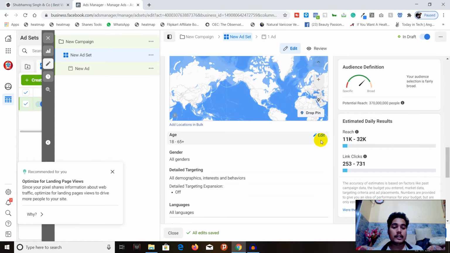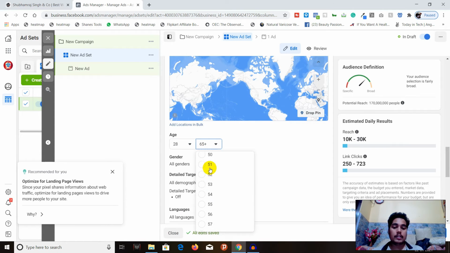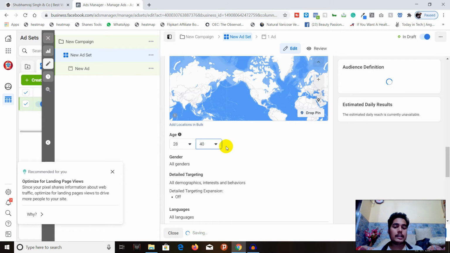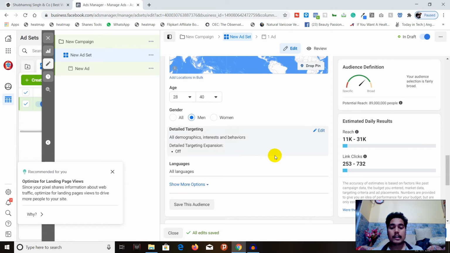You can also edit the age, like do you want something from 28 to maybe 40. You can select it, it depends on you. Do you want to select all genders or just male and female?